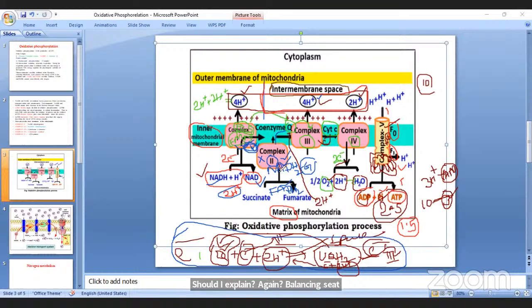Already clear, just open your book. The page number? 235, sir. Page 235, clearly given. The glycolysis,